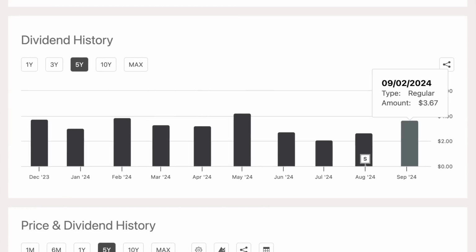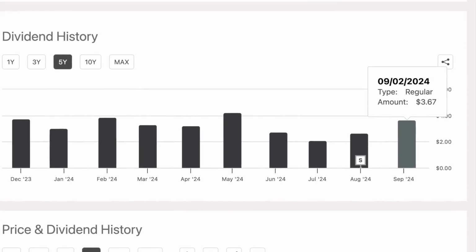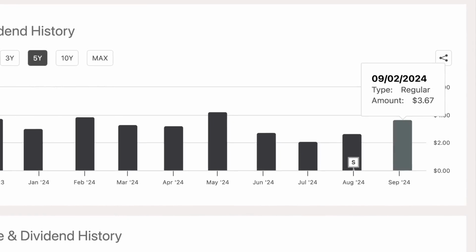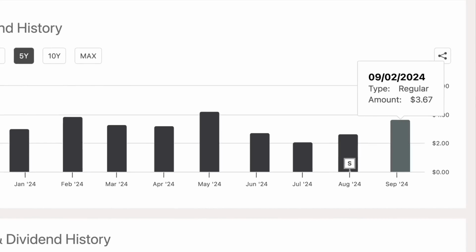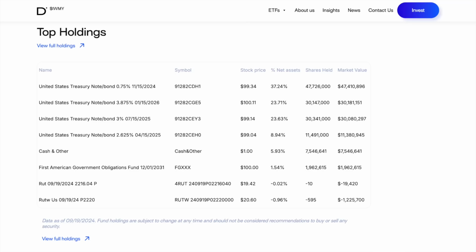Their most recent dividend was for $3.67 per share, and this ETF is currently trading around $36.50. That's an insane amount of income for this fund, and it's no wonder why it draws people to it. Going down to the holdings section on this fund's page, you'll see it lists treasury bonds as being in its